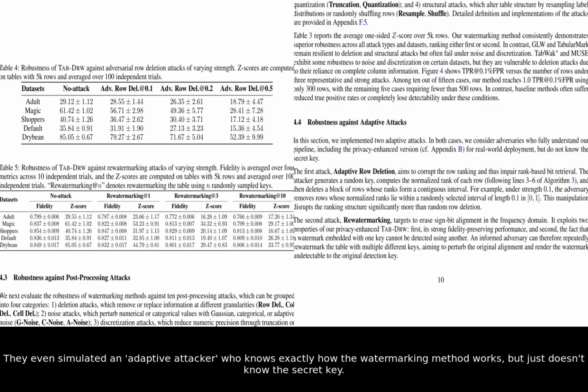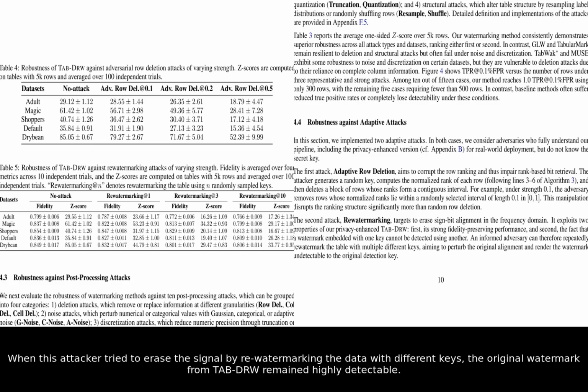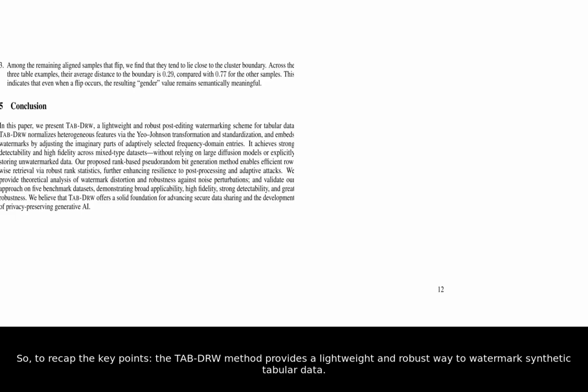They even simulated an adaptive attacker who knows exactly how the watermarking method works, but just doesn't know the secret key. When this attacker tried to erase the signal by re-watermarking the data with different keys, the original watermark from TAB-DRW remained highly detectable. So, to recap the key points, the TAB-DRW method provides a lightweight and robust way to